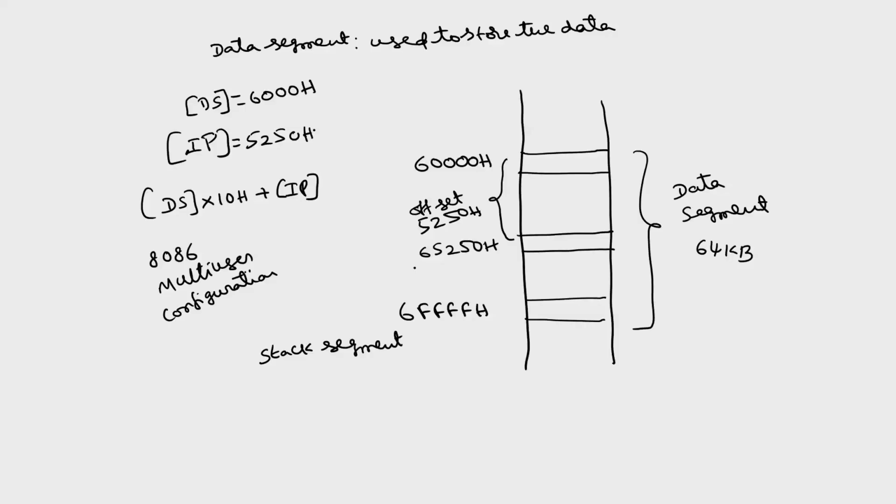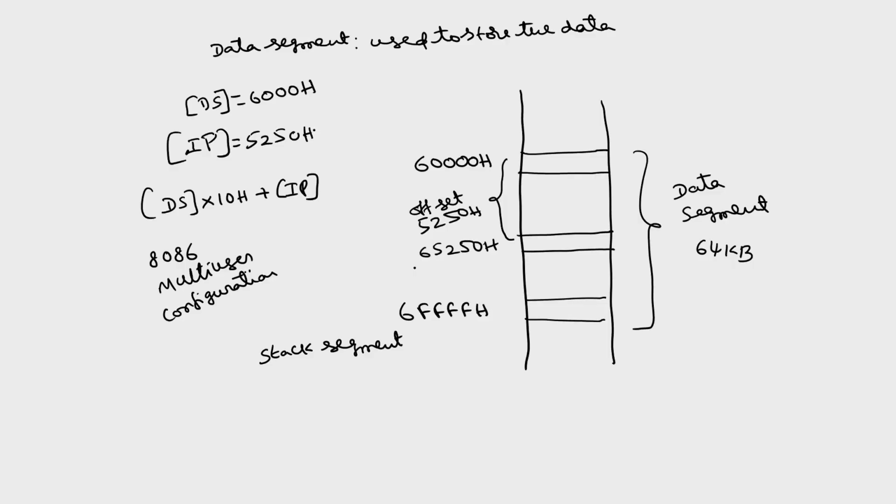The next segment register is the data segment register, and we have the stack segment register. Stack is basically the same definition as that in 8085. Stack is a temporary memory. During either subroutines or the interrupt operations, some data needs to be stored temporarily in some locations, and that will be stored in the stack. I will explain this stack register and stack operations in detail while discussing the architecture. The stack segment register holds the starting 16-bit address of the stack segment in exactly similar manner.